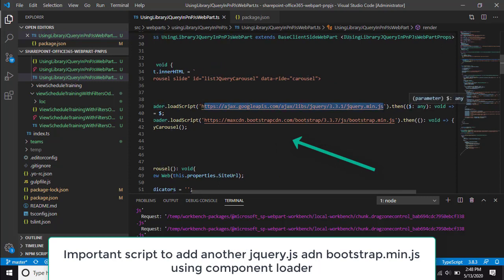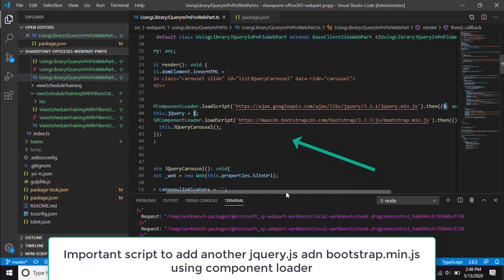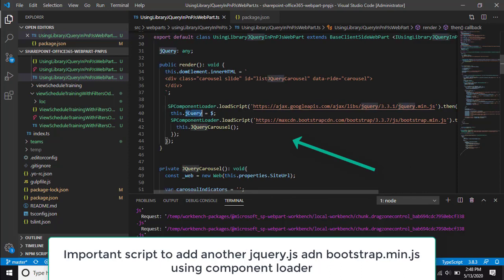And then this is a $.any, and then the variable jQuery will be put as a dollar from the jQuery min.js. So this variable is able to use the function of the jQuery, and then the function of the